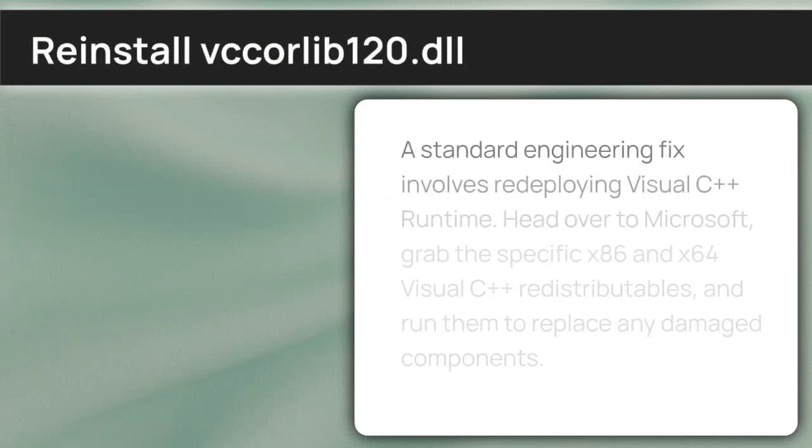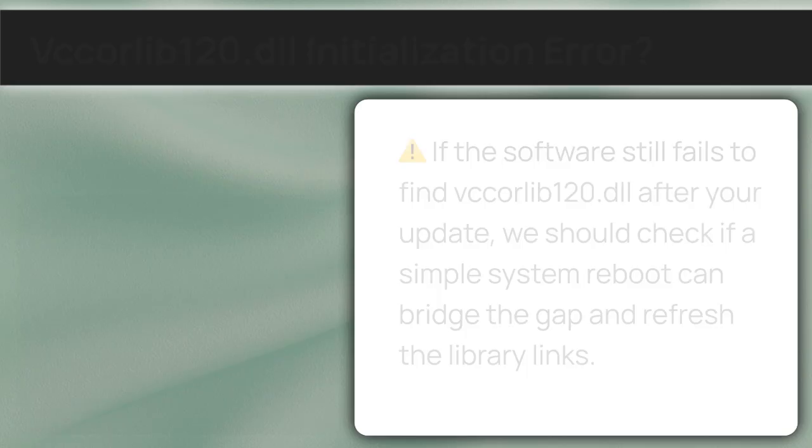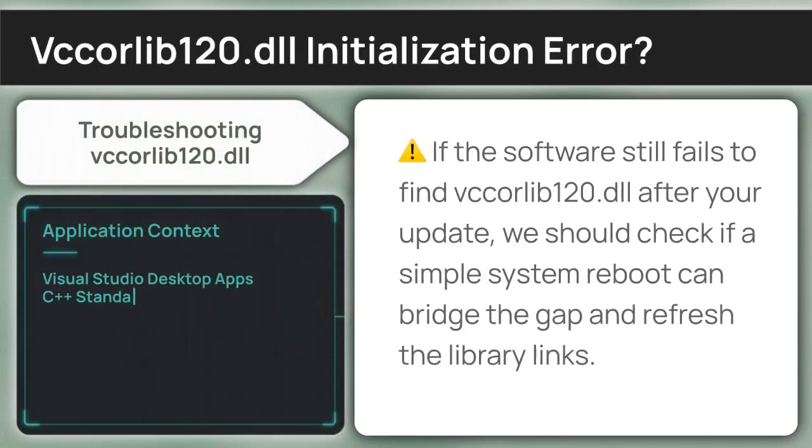A standard engineering fix involves redeploying Visual C++ Runtime. Head over to Microsoft, grab the specific x86 and x64 Visual C++ redistributables, and run them to replace any damaged components. Should the reinstallation fall short, the next step in our protocol is to validate the integrity of your system's